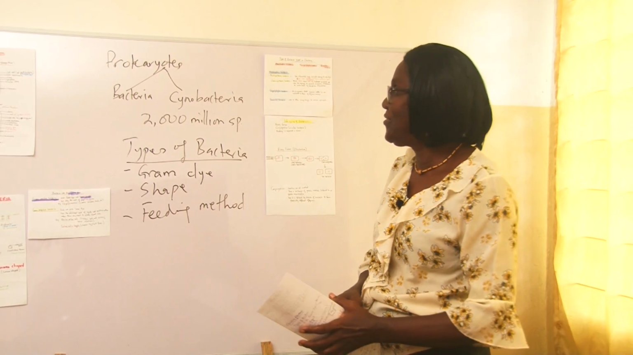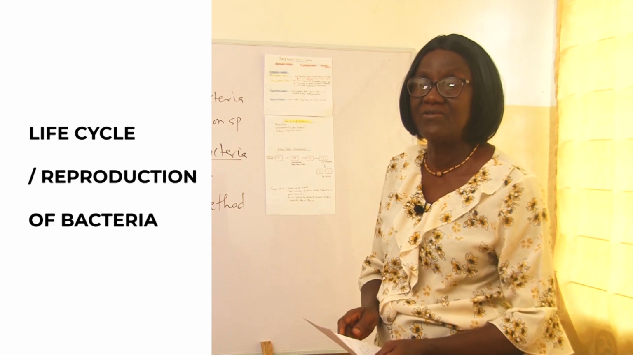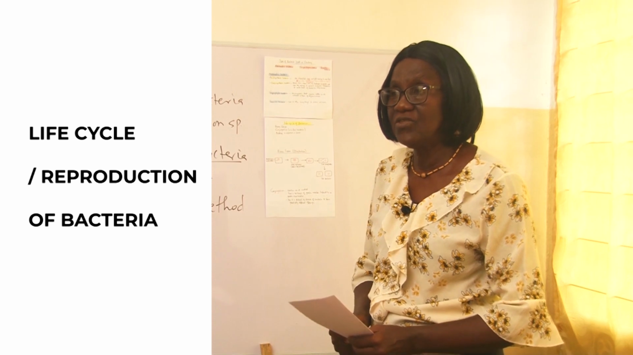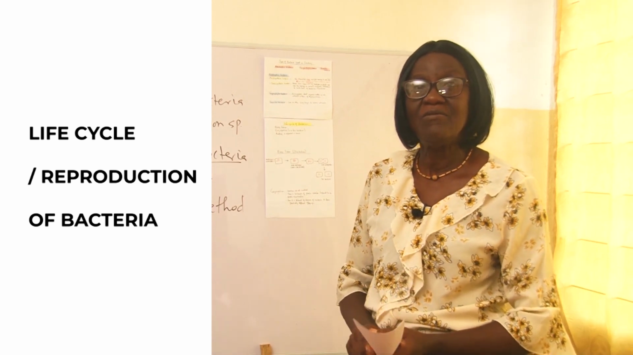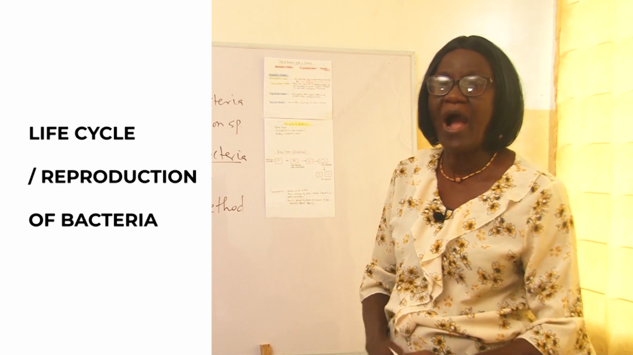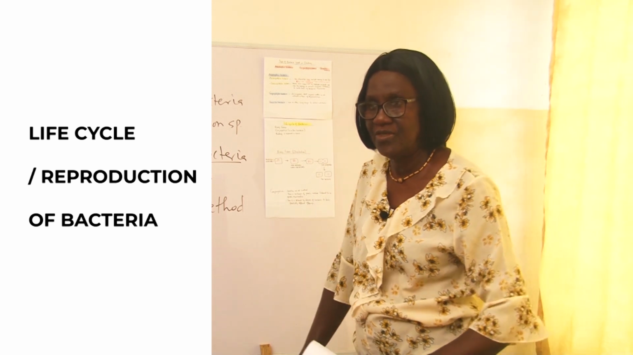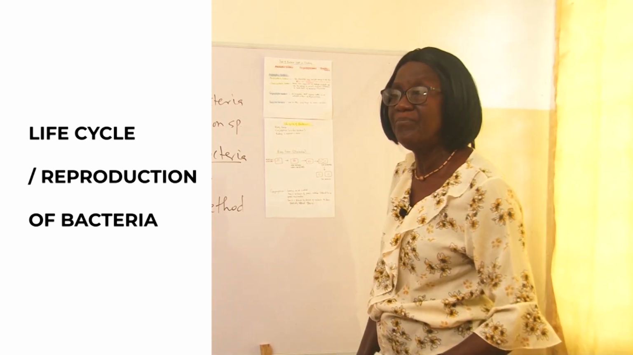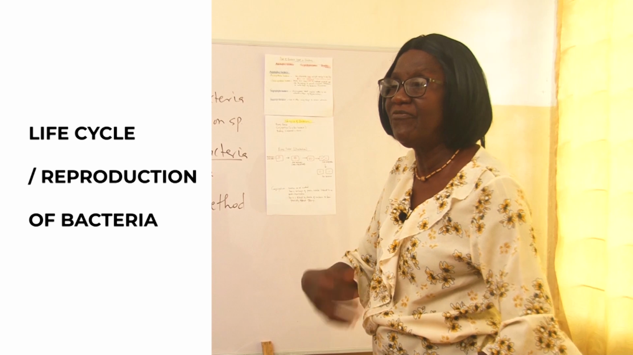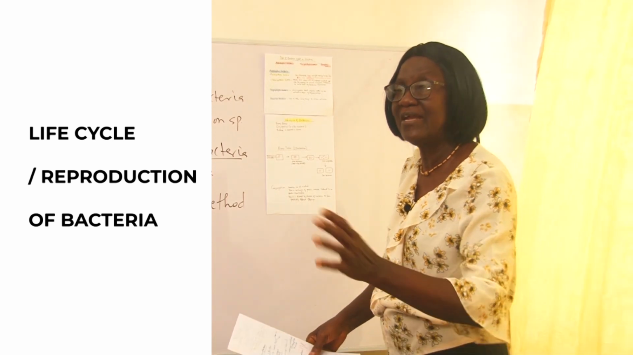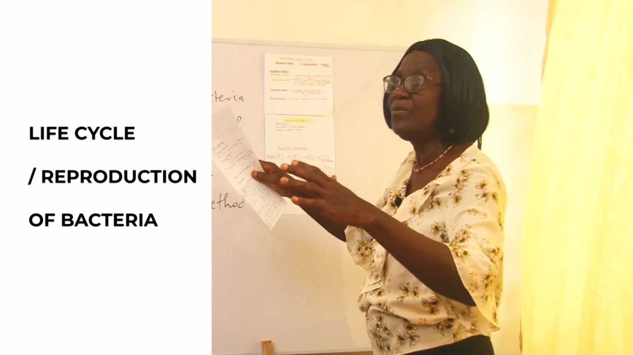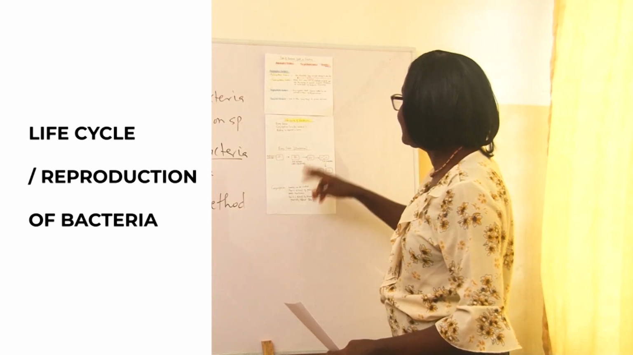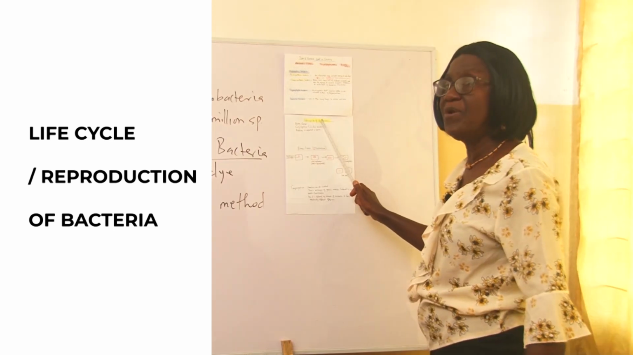So now we want to look at the life cycle of bacteria. We should be interested in how they reproduce, so that we can know how to avoid them. We can know how to not let them reproduce. That's one of the reasons why we are studying these organisms, to know them and how to use them for our benefit, or how to get rid of them, not to allow them to become plenty and worry us. So the life cycle of bacterium, the bacterium reproduces